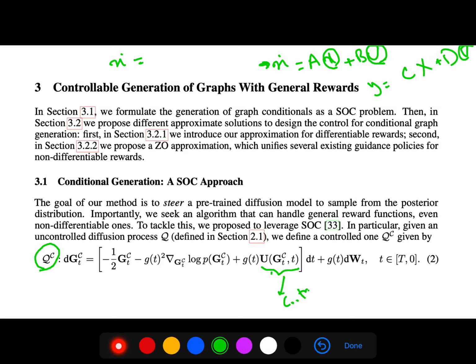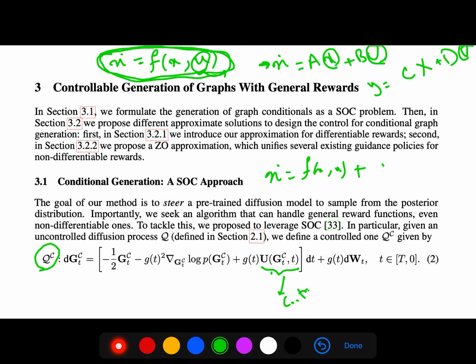In general, we have this dynamical system, this nonlinear system. U is the input, X is the state, and F is a nonlinearity. So this is very general. It can produce chaos as well, depending on the nonlinearity. So here they use the same. They use stochastic control. You know, in stochastic control, we use f of x, u plus another term, dW. W is just a Brownian motion.